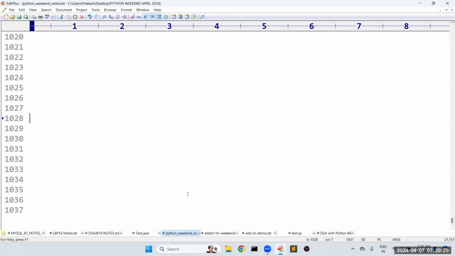Data types. Of course, in this demo, students are also there. Okay, that's why